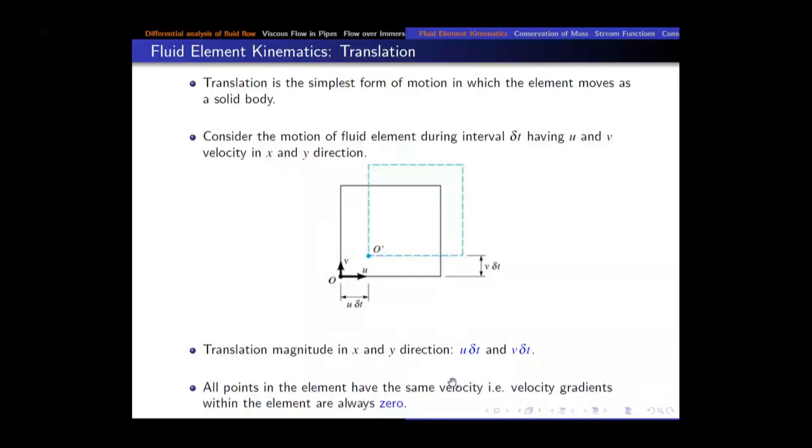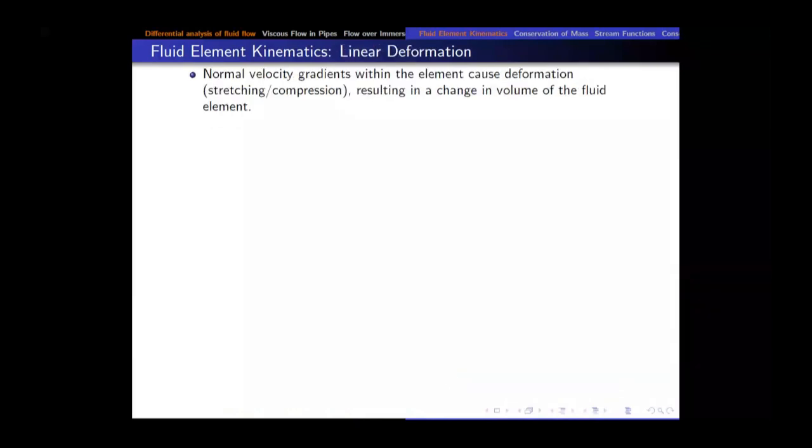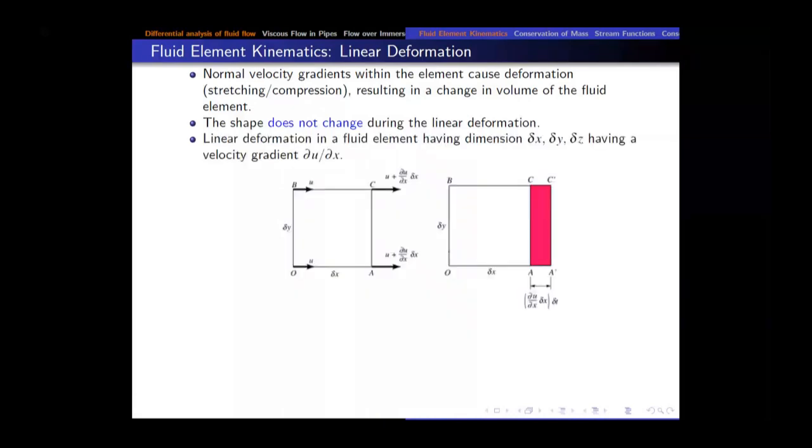तो ट्रांसलेशन के अंदर जो पहला डिफॉर्मेशन का टाइप है उसके अंदर कोई वेलोसिटी ग्रेडियंट नहीं है। अब आ जाता है दूसरा, जो कि अभी हमने देखा है, लीनियर डिफॉर्मेशन। लीनियर डिफॉर्मेशन के अंदर जैसे मैंने बताया है, नॉर्मल वेलोसिटी ग्रेडियंट कॉज डिफॉर्मेशन। और वो स्ट्रेच कर सकता है या कंप्रेस हो सकता है। उसमें वॉल्यूम चेंज होता है लेकिन शेप चेंज नहीं होती। वॉल्यूम या बड़ा हो सकता है या छोटा हो सकता है लेकिन शेप वही रहेगी।